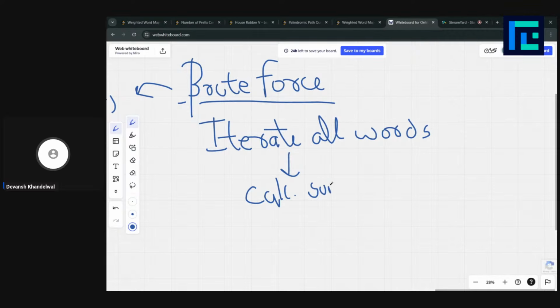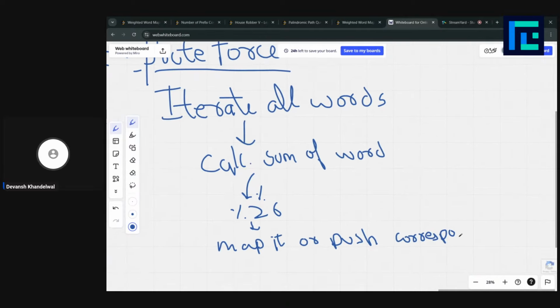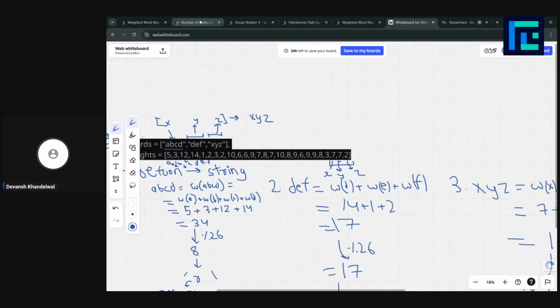Calculate sum of word, and then modulo this sum by 26, and then map it, or push the corresponding character to the array or whatever you are using to store the characters that we got from each word. Let me also show you the code for the same.